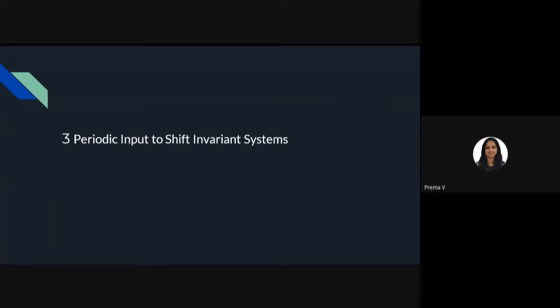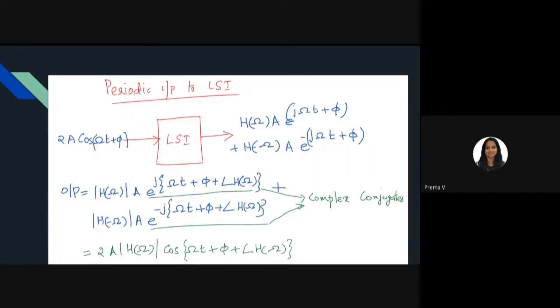One very important point we can understand from the previous lectures is that when we apply a phasor or a sinusoidal signal to a linear shift invariant system, the output is going to be another phasor or sinusoidal of different magnitude but the same frequency, and a shift. So when you pass a sinusoidal signal through an LSI system, you get another sinusoidal of the same frequency with a change in magnitude and a change in phase. This property is very important.